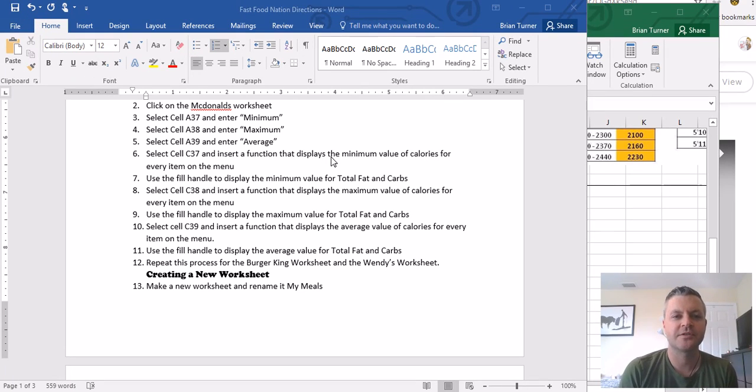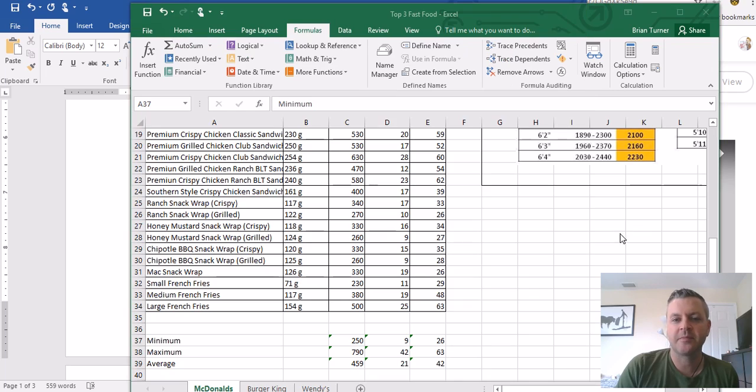All right, so this is part two of formulas and functions across multiple worksheets. And again, we're dealing with fast food. And we kind of left off here with the McDonald's worksheet. And if you were following the directions, we basically figured in the calorie count, total fat and carbs for the